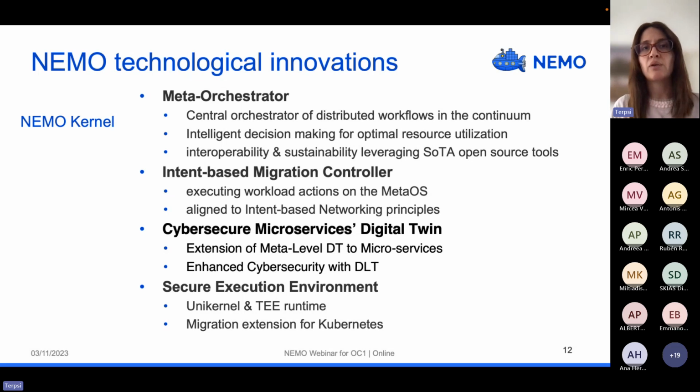Core principles in the meta orchestration are, of course, the support of intent-based networking, and it acts as a central orchestration of distributed workloads, making intelligent decisions for allocating those and managing those in an optimal manner across the continuum.